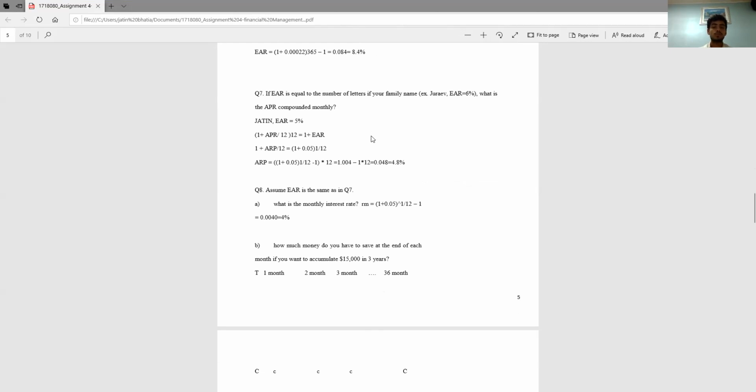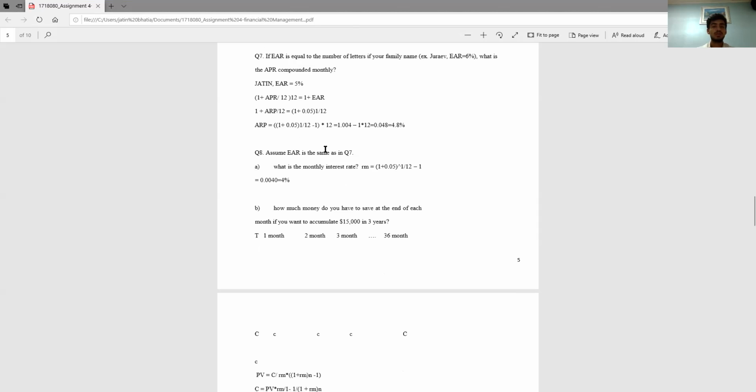Question number 7, its EAR is equal to the number of letters in your family name. What is the APR compounded monthly? Jatin, EAR 5%. 1 plus APR divided by 12, to the power 12, is equal to 1.05. So 1.004 minus 1, times 12,